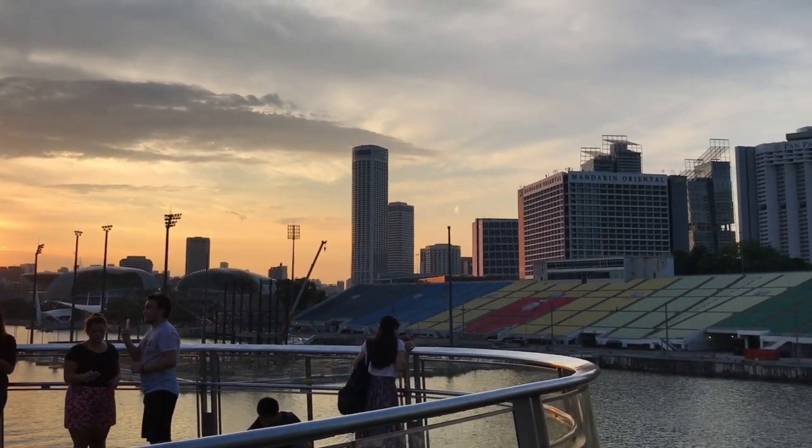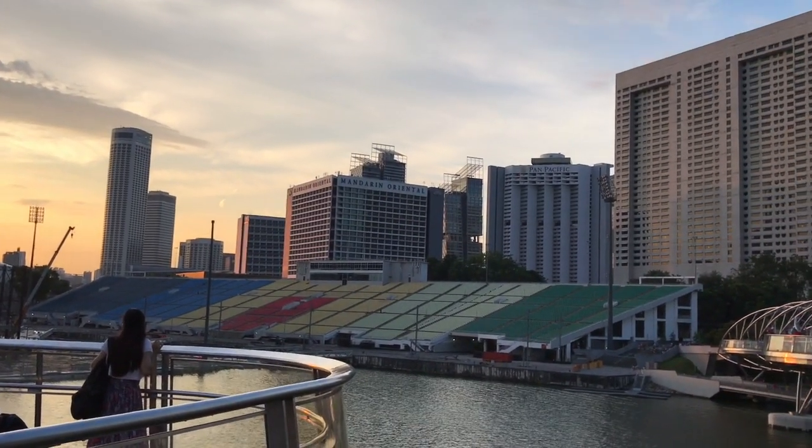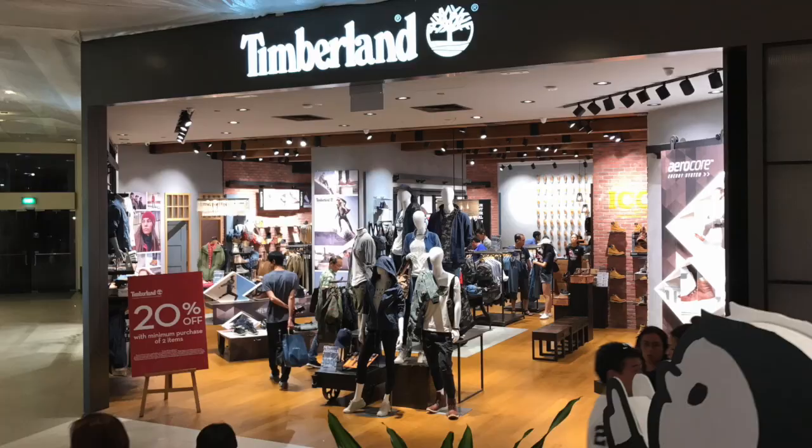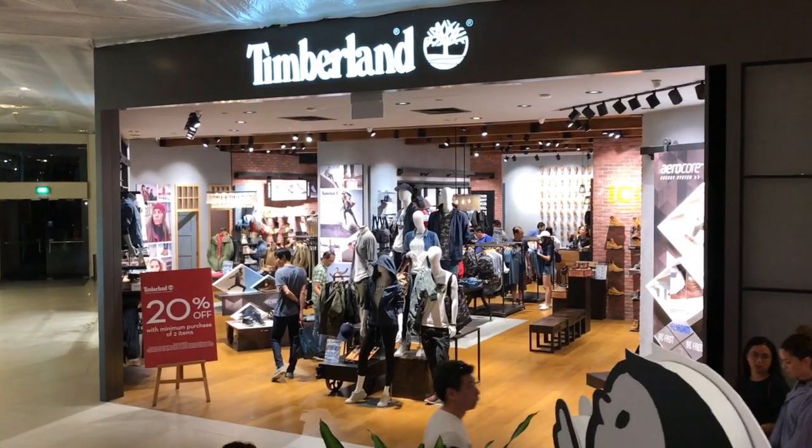On the way back, it was already starting to get dark. It was late afternoon. My battery power was already getting low because I had made a lot of videos and pictures. The last thing I wanted to see was the Timberland store, because I'm a fan of Timberland clothing and shoes. There was one on the way, and I finally found it,